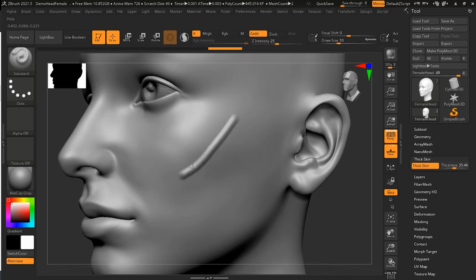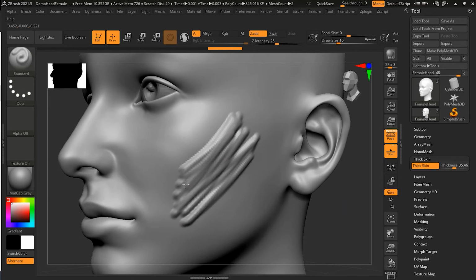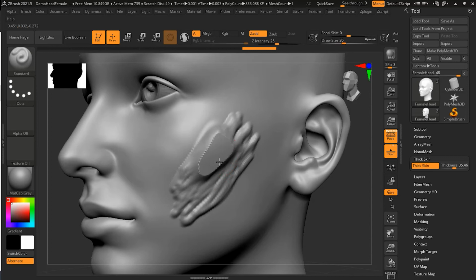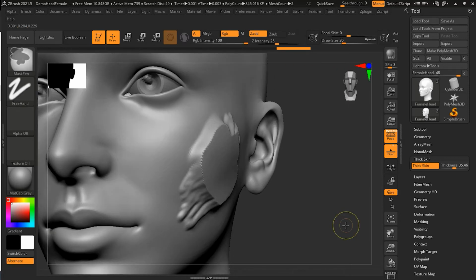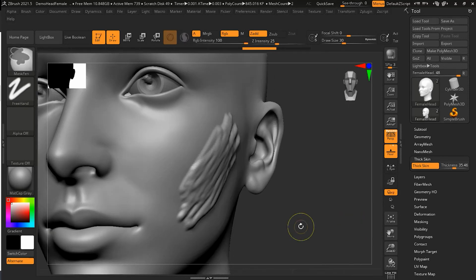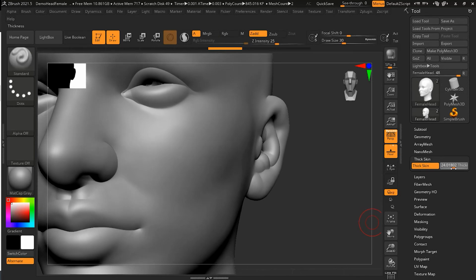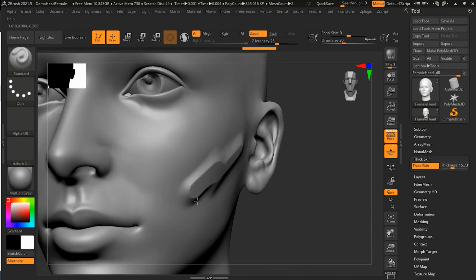Now if I draw here, you can see that I am not reaching my cap, so I have to draw more and more. Now you can see I'm reaching my cap, so this means the skin itself is too thick. So let's try now. Yep, this is good. Okay,